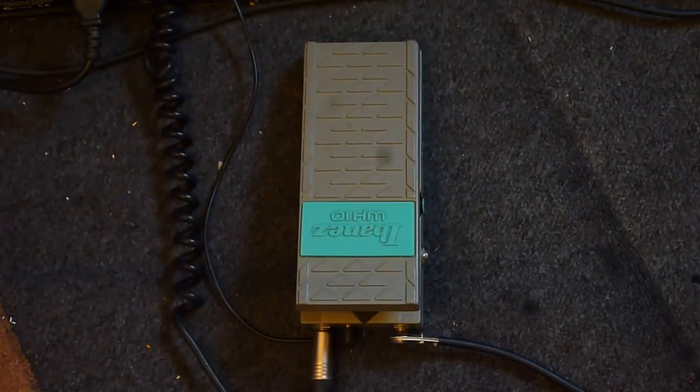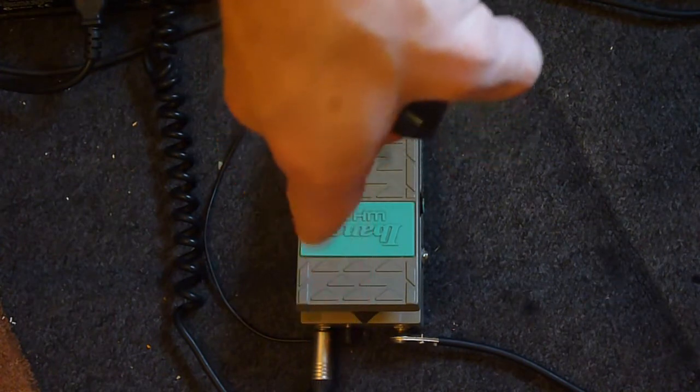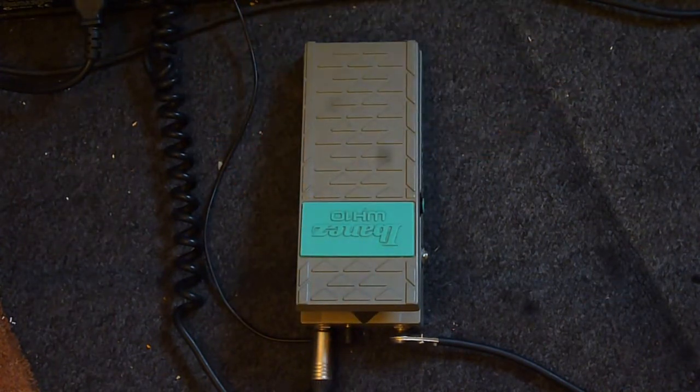My main concern and qualm with this pedal, that was really rude, ignore that, there's my whole hand, is its bypass signal. It's not a true bypass pedal, and I wouldn't have bought it if it was, because I don't like true bypass wah pedals. I like wah pedals that darken the sound. And so its bypass is very